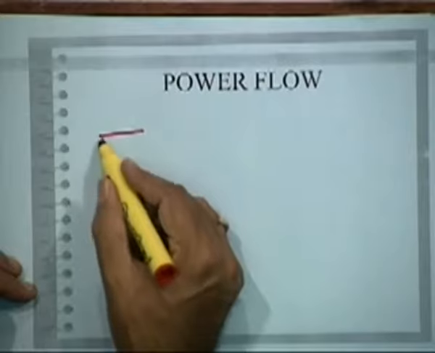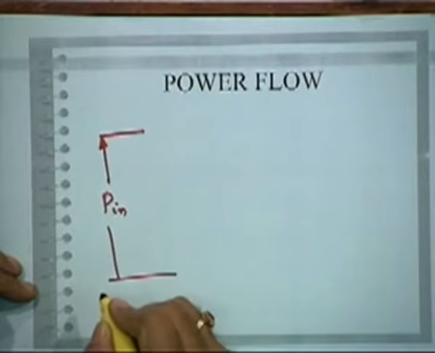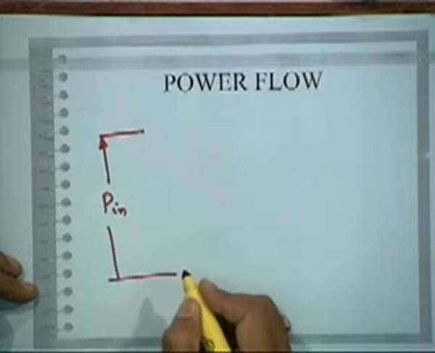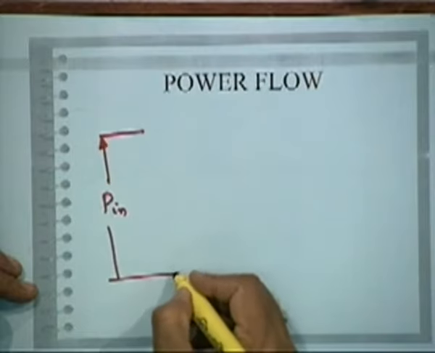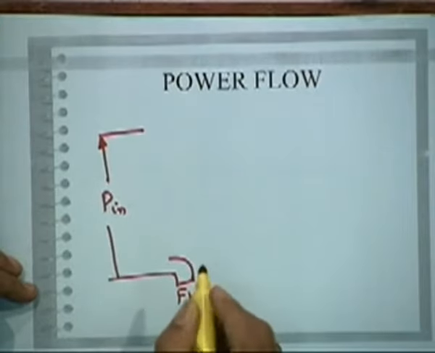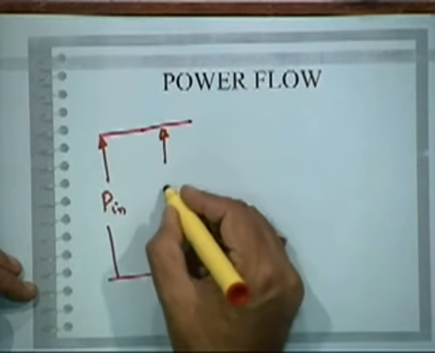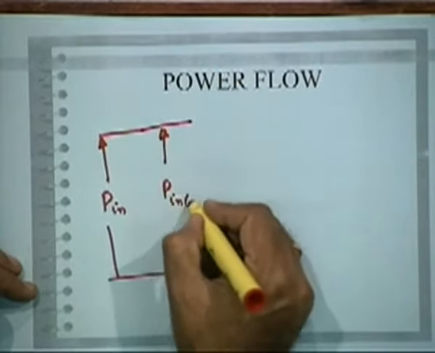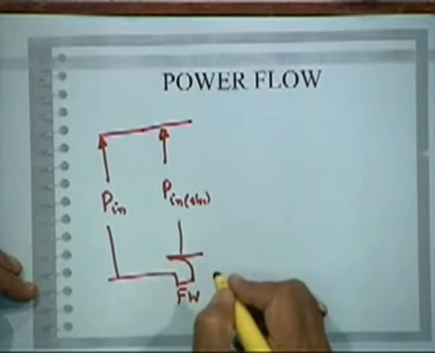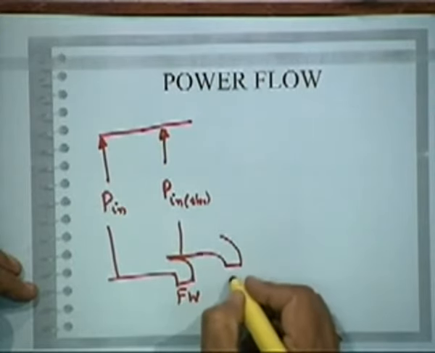So if you draw a power flow diagram, let us say you have the power input which is mechanical. Your power input is mechanical from an external turbine or a prime mover, and certain power goes into friction windage, isn't it? The mechanical loss will be there. So what you have is power input electrical. Then you have the rotor copper loss.